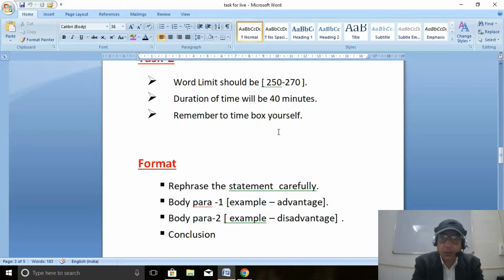Another most important thing, how you can finish your task one in a given period of time: plan your things in mind quickly and then start writing. Rephrase it quickly. Rephrasing should not be too lengthy, and your body para should not be too lengthy. You have to keep word limit also in mind. It should not be over length, it should not be under length. This is what you have to do. There is no pressure on you. Okay, there is no pressure. Just stay calm, keep cool, and just go for it. I'm sure you are going to crack your task one, task two in a very good manner. I hope things are clearer to you. All right, and